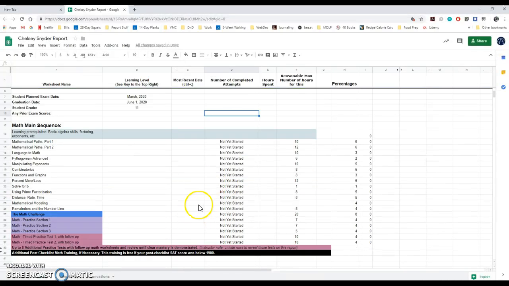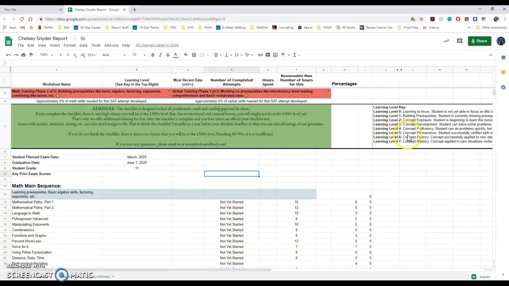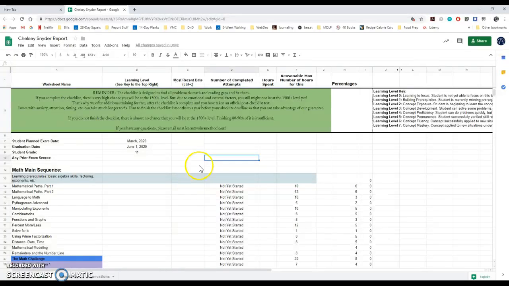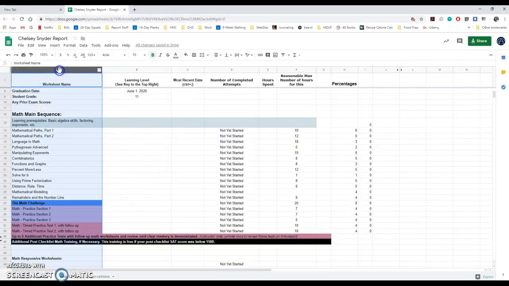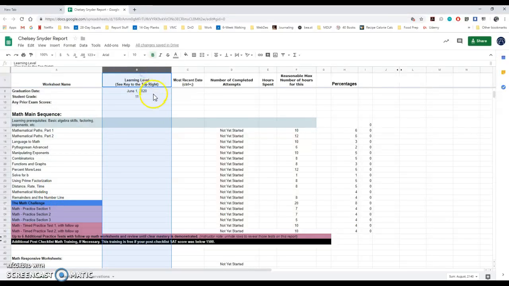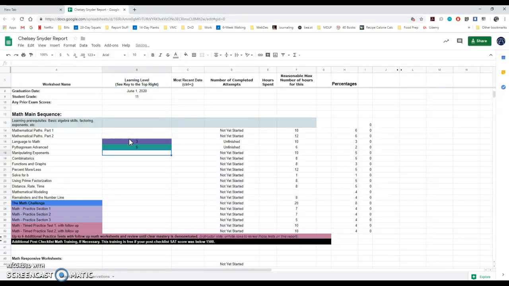Most of the time, students aren't really that worried if they don't get above a 5 or a 6, so they're not going to really be particular. But it is just a thing to keep in mind that we can change that for them. So then if we scroll down, we're looking at, right, this column is just the worksheet name. A lot of these worksheet names you will come to recognize and know them very well. The learning level is what we just talked about, so you'll put things like 3 or 5 or the 7 or whatever,